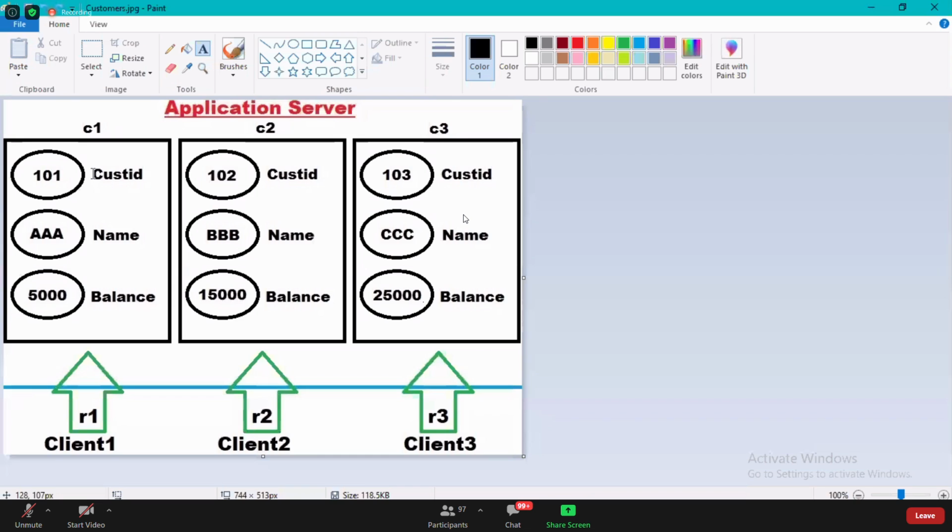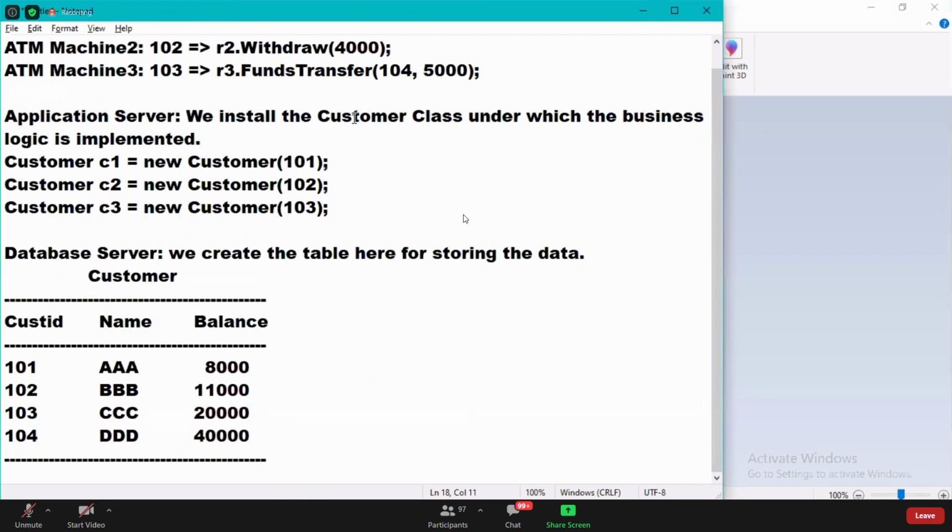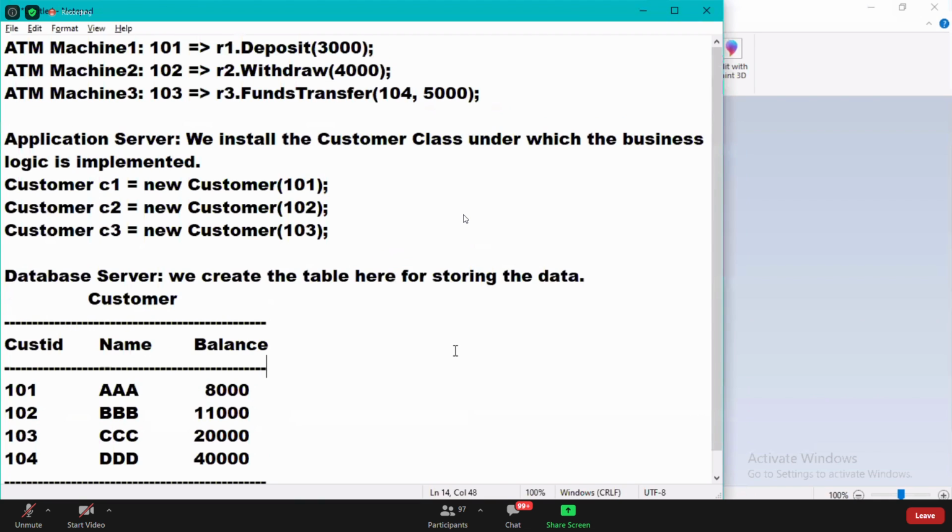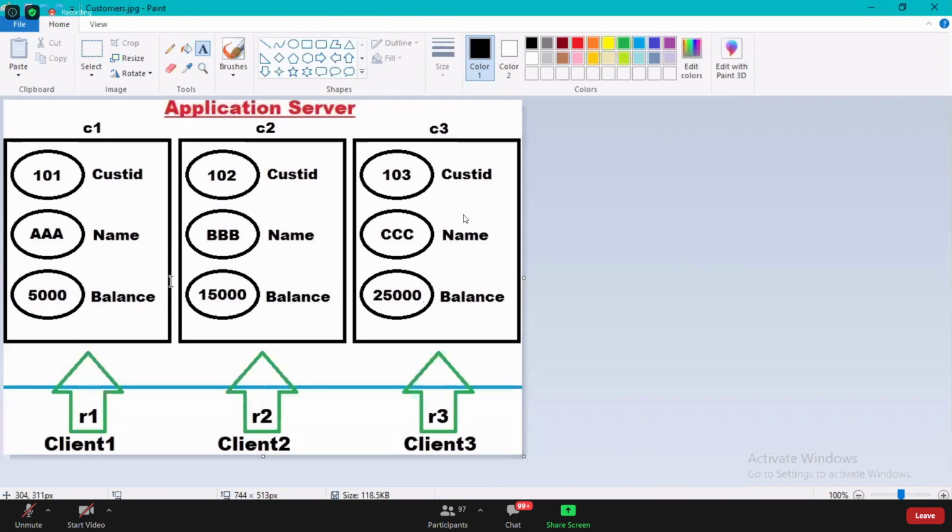The object is on the server, client cannot access it, so the client cannot use that C1. So a reference is created and sent to the client computers. The client can call the methods by using the reference. So like this, the instance, this is how the applications will be running for you in the real-time environment, guys.